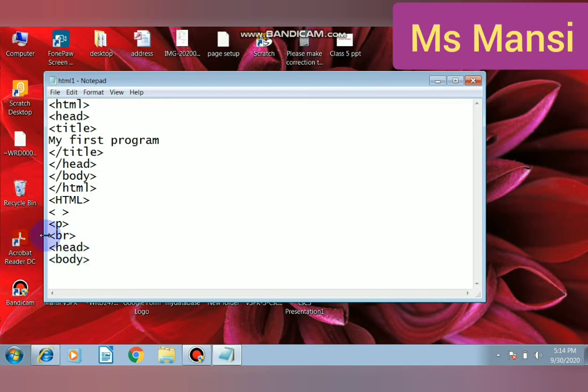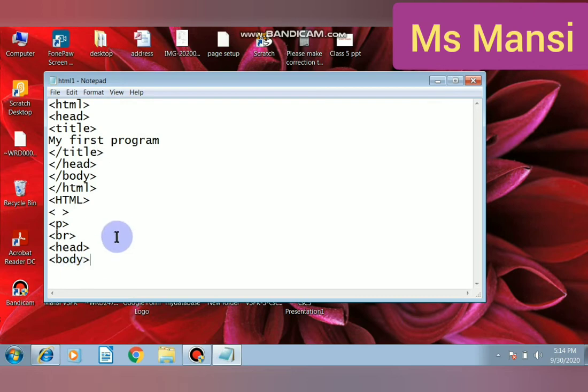What is head section? The head section provides general information about the document, like title, to define a title for the page on the browser. And what does the body section contain? The body section contains the text that gets displayed on the web page along with the other tags and attributes.